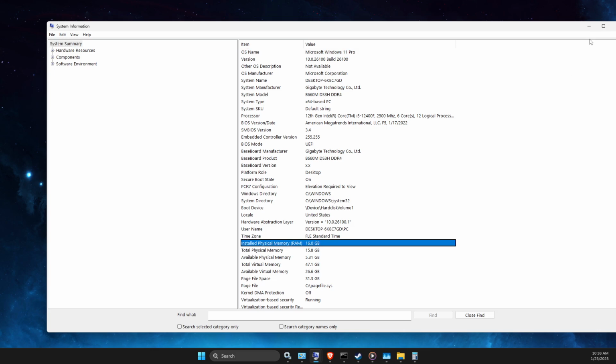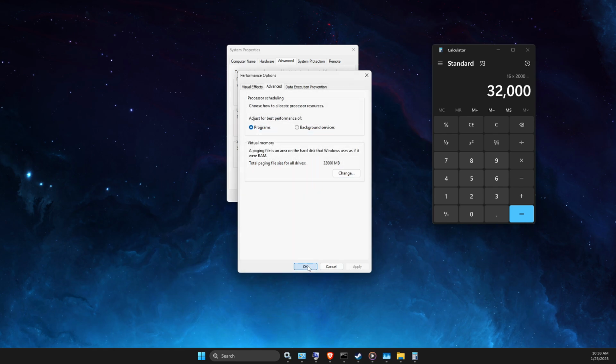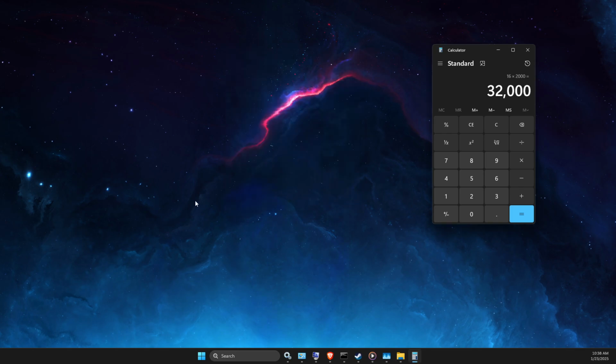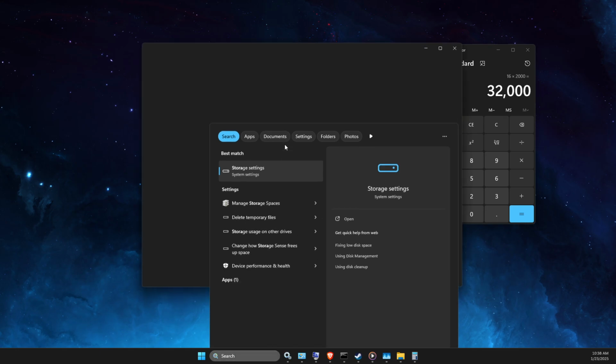For me, 16 gigabytes. So what you need to do here, your RAM value you need to multiply by 2000, right? And in my case it's 32,000, so I just need to write it on initial size and maximum size here, apply, okay, right? And the next step, what we need to do here, you need to go to storage settings,